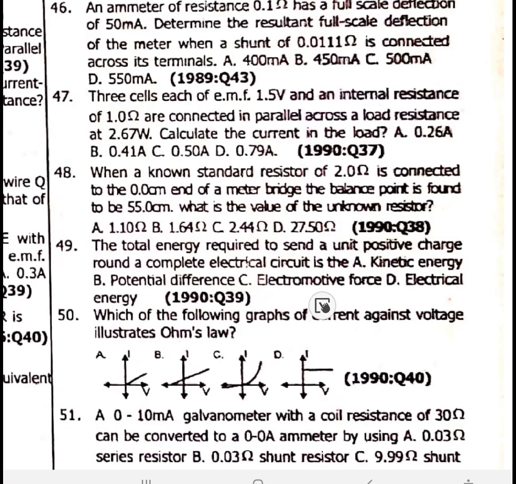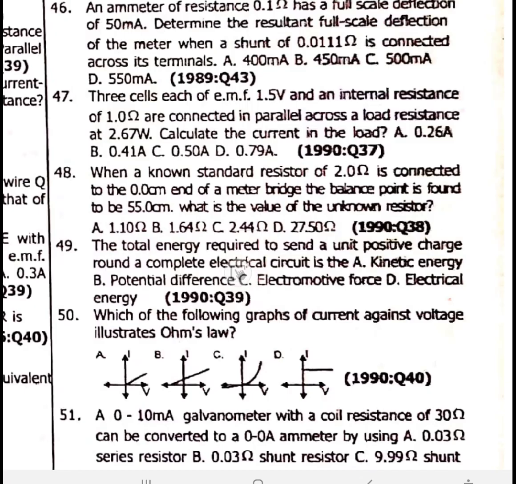EMF is said to have done work around the circuit. So that's the total energy that is required to send the unit positive charge around a complete circuit, called EMF, option C. Next, potential difference is the energy expended or the work done across any 2 points of